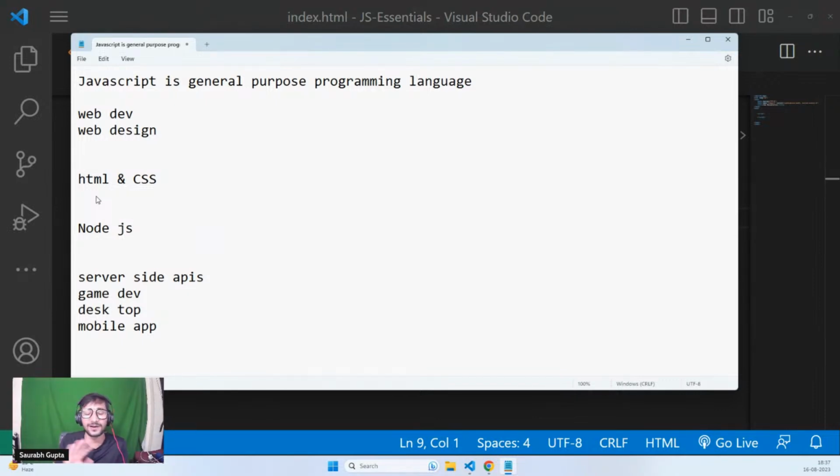I'm so sorry, discovered is not the word. Created Node.js. Okay, that means a running environment for JavaScript, which you can install in your PC and run anywhere. Run JavaScript anywhere without depending on any other technology. So now you can go ahead and create server-side APIs, games, desktop apps, mobile apps, whatever you want. But before all that,